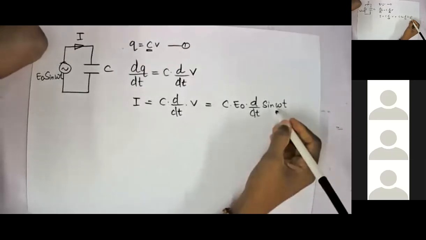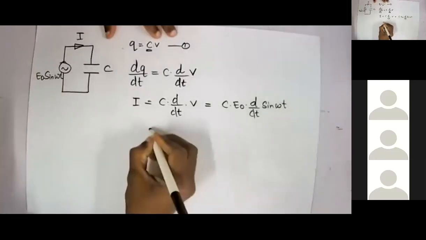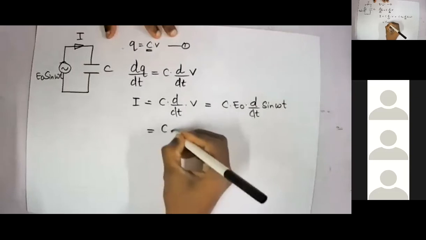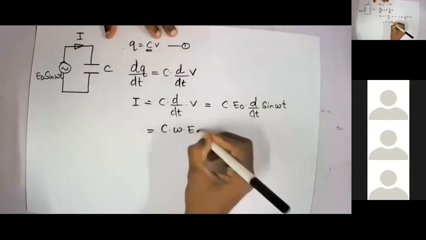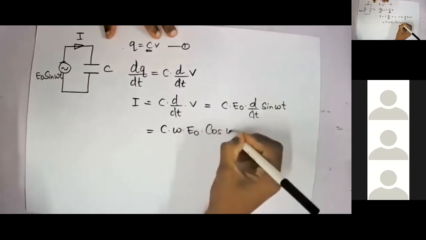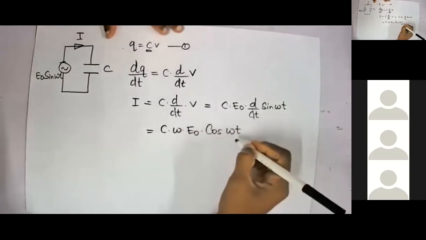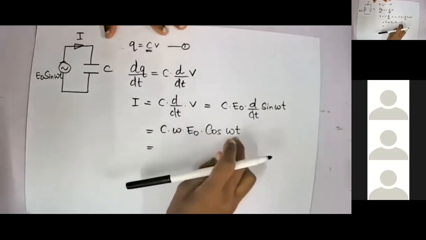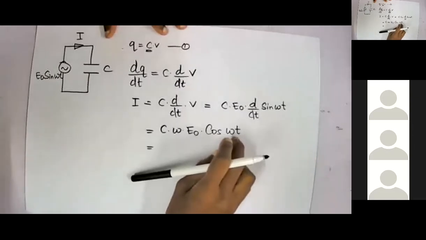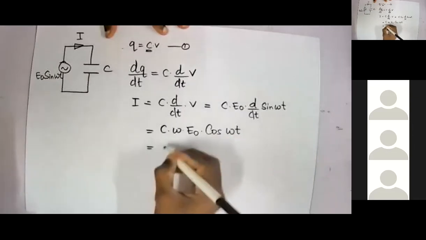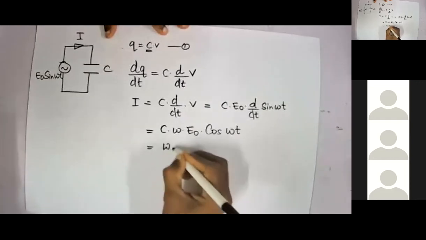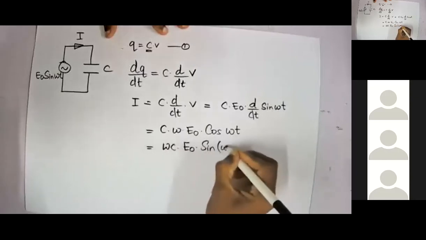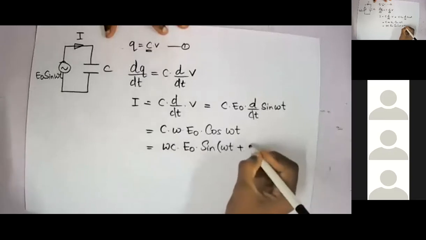Cos omega t into omega, right? So I can put my omega in front of this. I can write it as C into omega into E naught into cos omega t. Again, I can write cos omega t as sine of 90 plus theta. Am I right? Cos theta equals sine 90 plus theta. So I can write this as omega C into E naught sine omega t plus pi by 2,